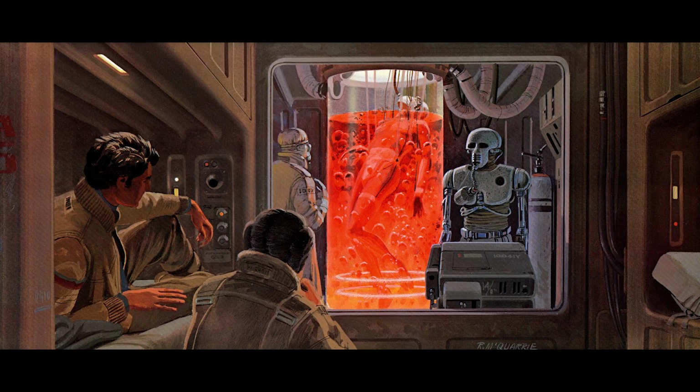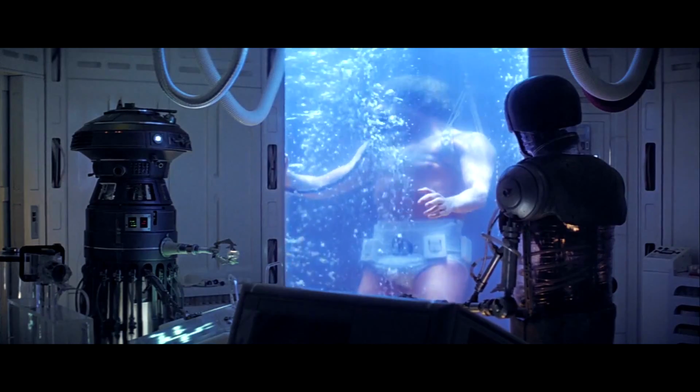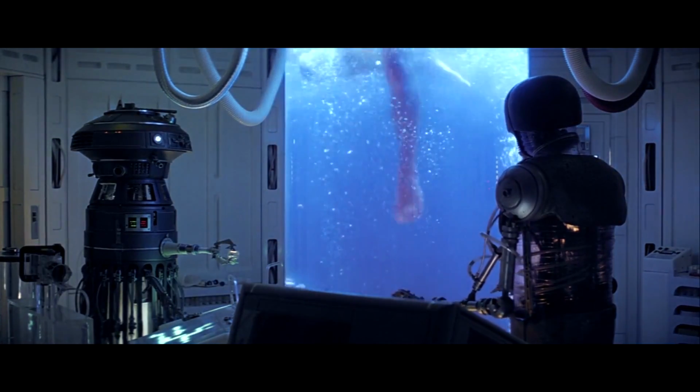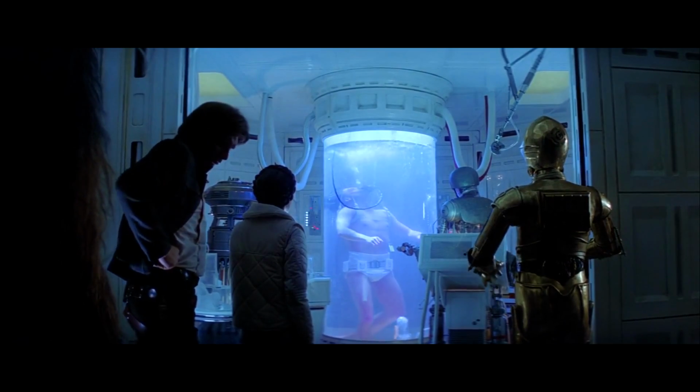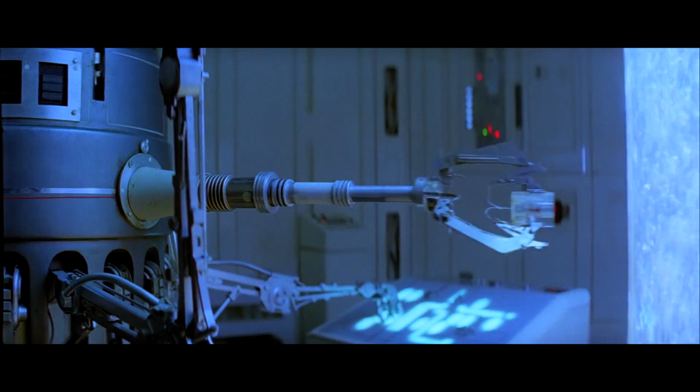Here we have the famous shot of Luke recovering from spending a night inside of a Tauntaun corpse full of flesh-eating bacteria, which probably gave him the worst hangover ever. What's interesting to note is that the Bacta is red and not blue like in the film. It's been said that pure Bacta is red and most likely the Rebels' version was tinted or had some kind